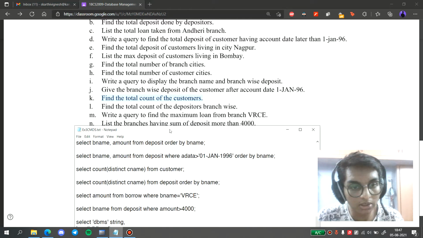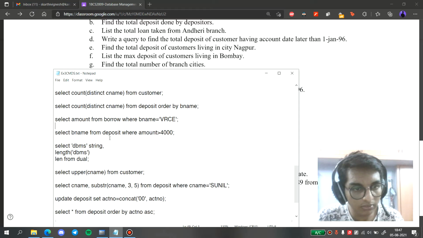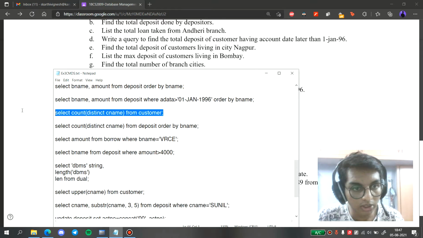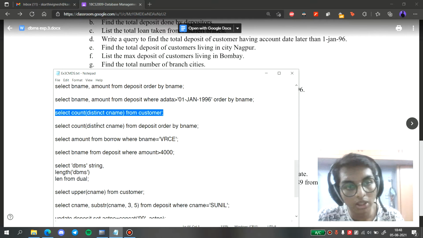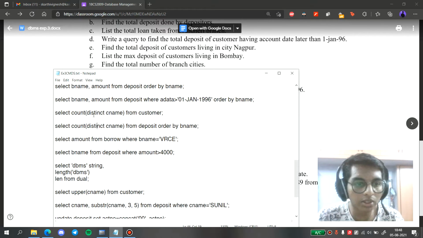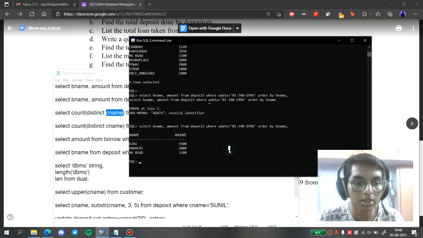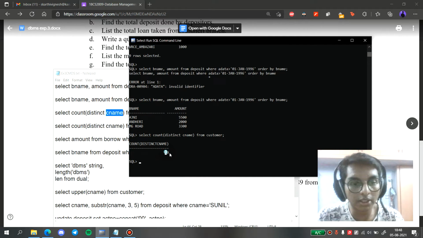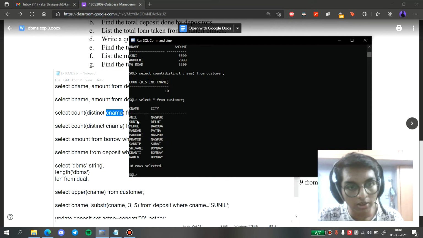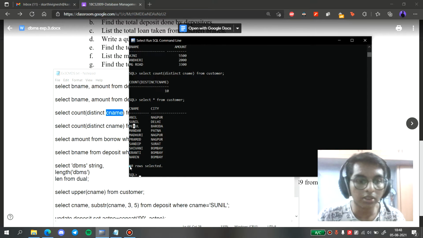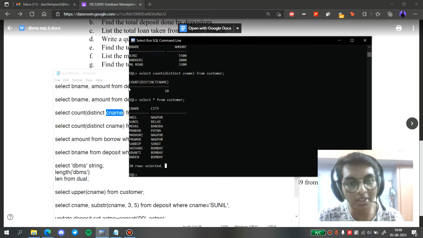So the customers is basically, no, this one. This is the command here. Select count distinct customer name from the customer table. The same as counting the city, but instead of counting distinct city here, we are counting distinct customer names. I'm gonna execute the command, and there are 10 different customers. You can see that from the customer table. 1, 2, 3, 4, 5, 6, 7, 8, 9, 10. Right, 10 rows here, and yeah, we have 10 customers here.